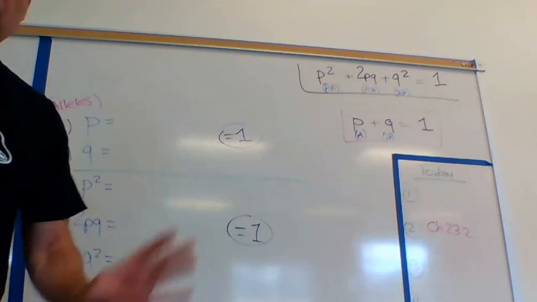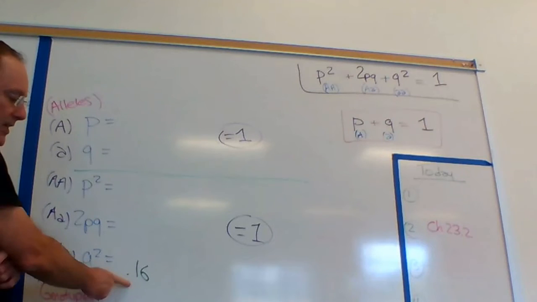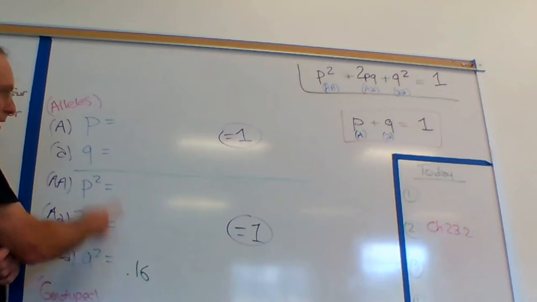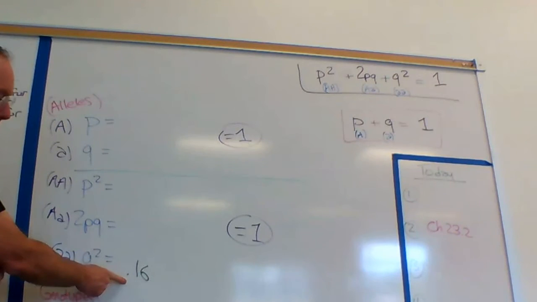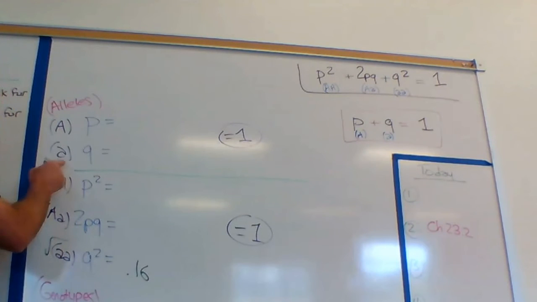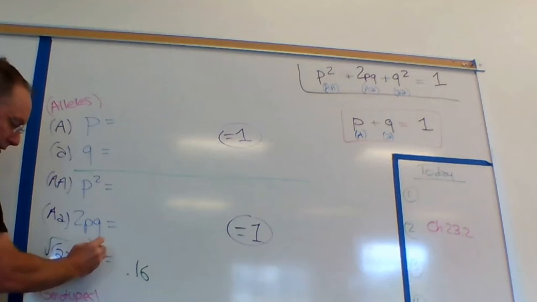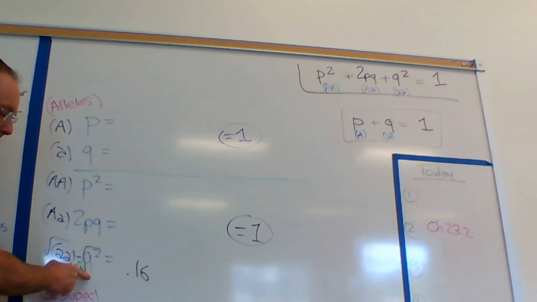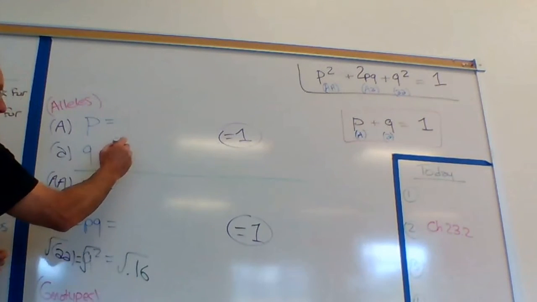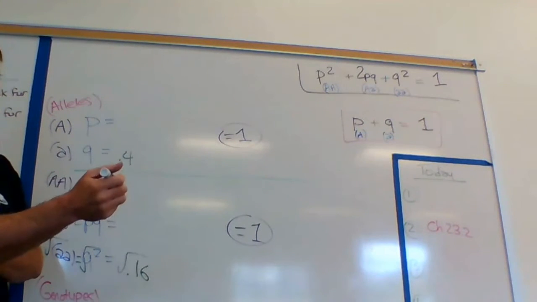Now, I'm not even going to read this, because let me show you how to do this. So if the frequency of the little a genotype in the population is 16%, what can we figure out using this number? Well, if I took the square root of little a, little a, what does that equal? Little a. But whatever I do to this side of the equal sign, I have to do to this side. The square root of q squared is q, and then I would have to take the square root of this too. So what does that mean here? That means that 40% of the alleles in this population are little a.